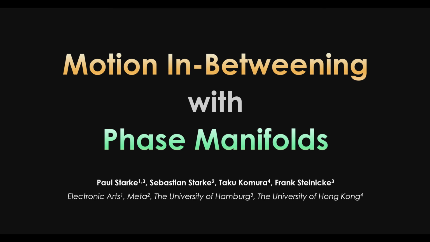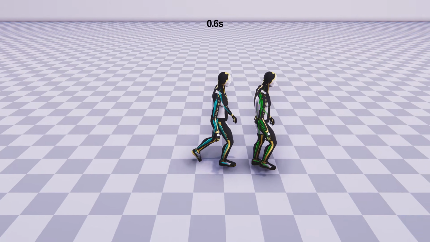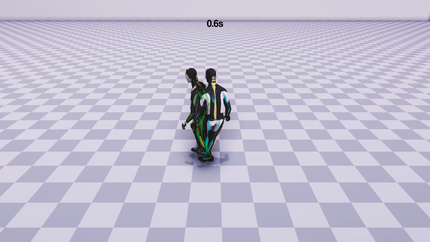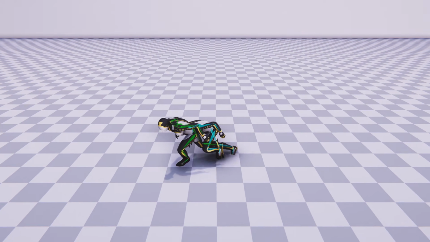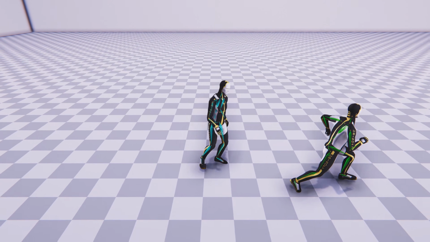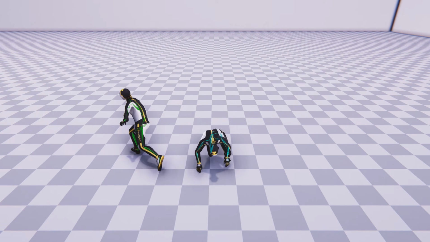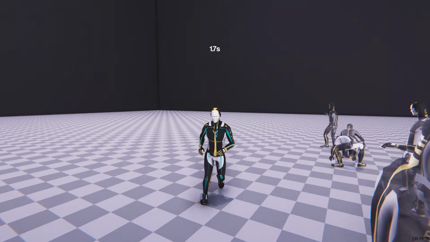In this research, we present a novel learning-based framework for in-betweening character movements from motion capture data. Our method utilizes phase variables to enhance the temporal coherence of generated movements and generalizes better to longer time windows between key poses. We show that our method can produce a wide range of human locomotion behaviors, crouching, crawling, aiming or jumping over long distances, and can also be applied to quadruped motions.